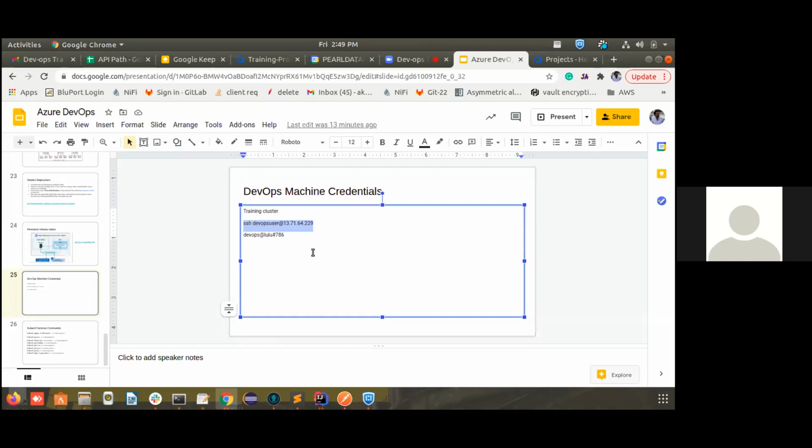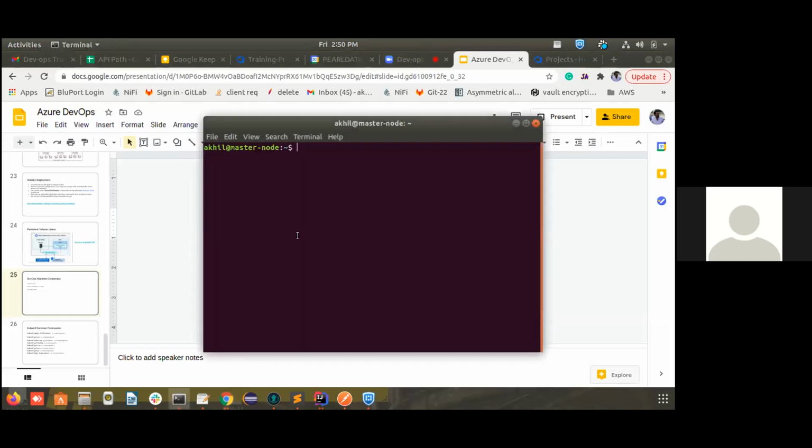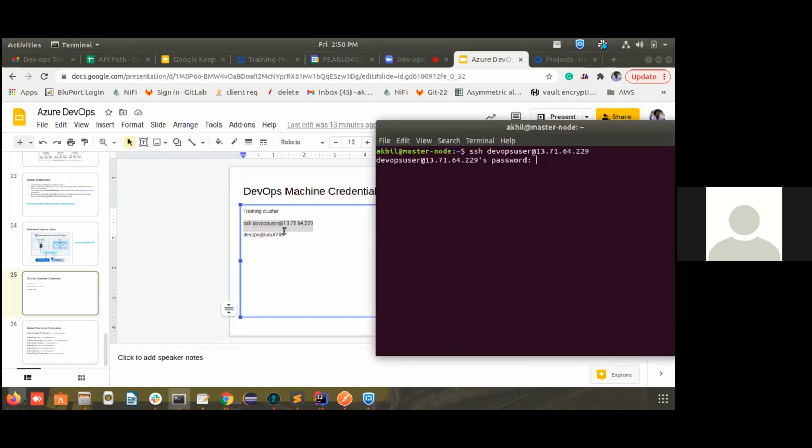The DevOps machine is not where your Kubernetes lies. The Kubernetes is in a different machine sitting somewhere, but you cannot access the Kubernetes directly. You can access it only through the DevOps machine or a jump server, whichever is applicable. So we'll come on to what is a jump server and what is a DevOps machine later, maybe in the later sessions. So for now, we can understand that we can access Kubernetes only through a DevOps server, and we are going inside that server with SSH. So it is asking for password.